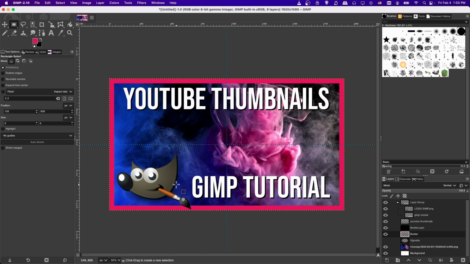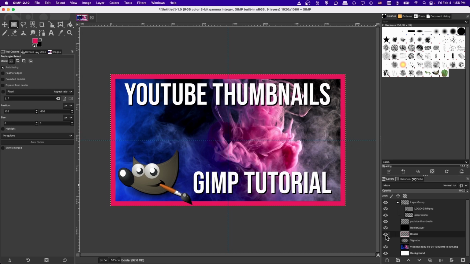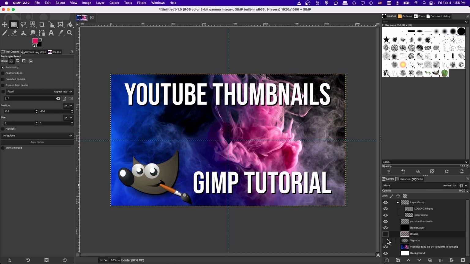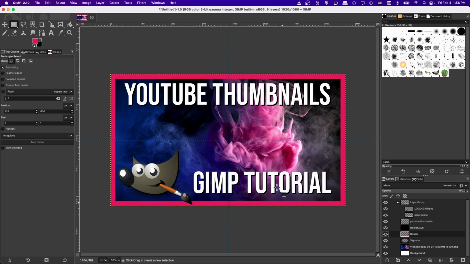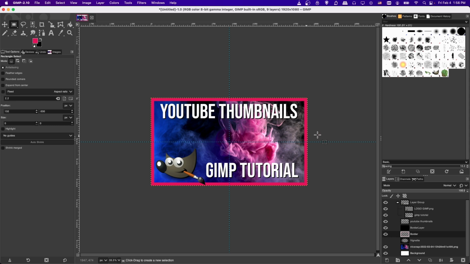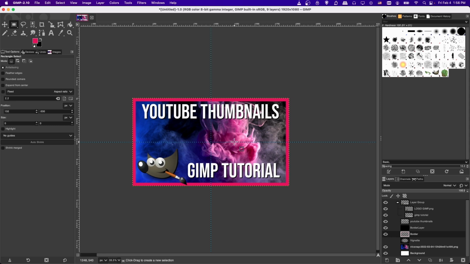You can bring in other images you want to layer on top, but once again, they should be brought in as PNGs so they maintain that transparency. And once again, you can still see the background image. And if you want, you can add a vignette or a border effect to help bring people's attention into your video. And you can also try it with both. So here we have the vignette and the border, but I think having it brighter without the vignette is actually going to be a little bit better in this case. So I'm going to turn the vignette off,